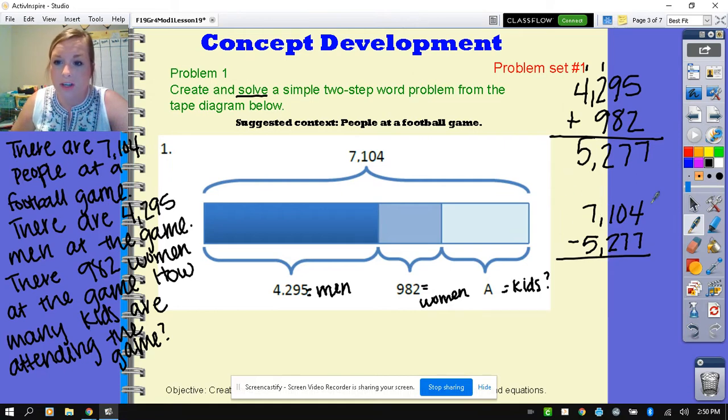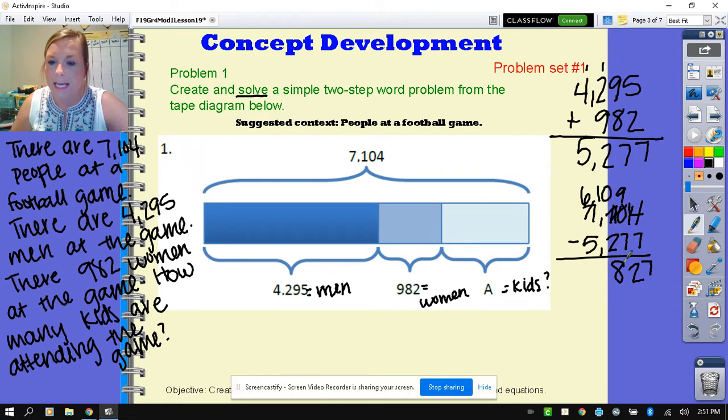Notice my big number is on top. Notice that my place values are lined up just like we've been doing this entire module. 4 minus 7, I cannot borrow from the 0, so I'm going to come all the way over here to my 1, turn it into a 0, make this a 10, I'm going to borrow from it again, make it a 9, and I'm going to make this 14. So 14 minus 7 is 7, 9 minus 7 is 2, 0 minus 2 I cannot do, so go next door. 7 turns into a 6, my 0 turns into a 10. 10 minus 2 is 8, and 6 minus 5 is 1. So this should give us our answer of